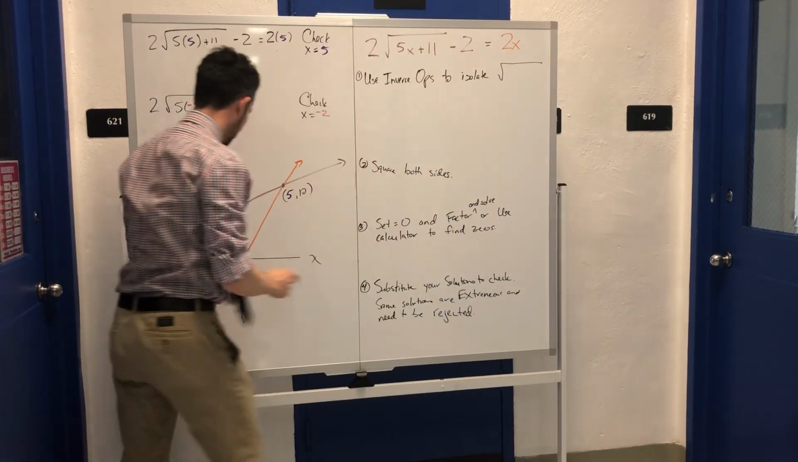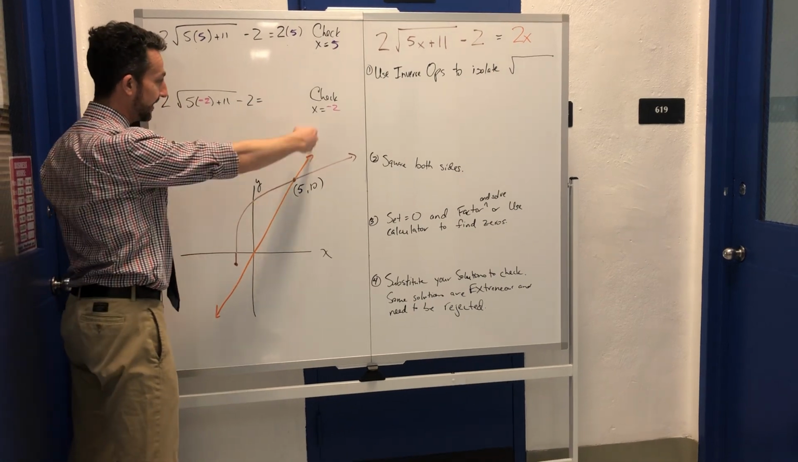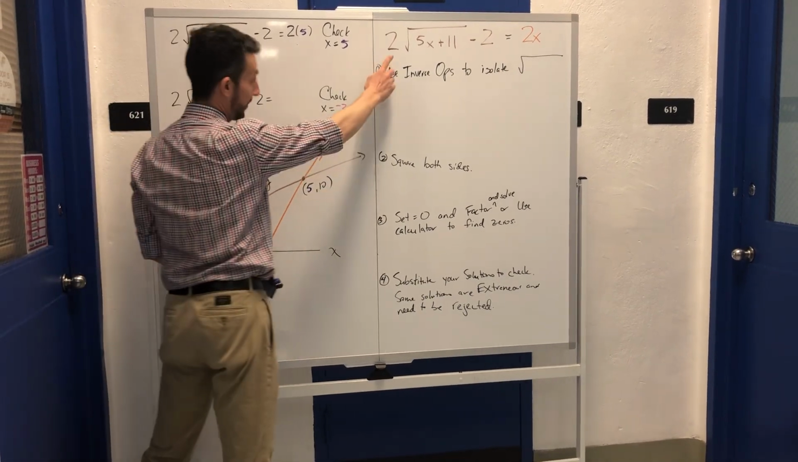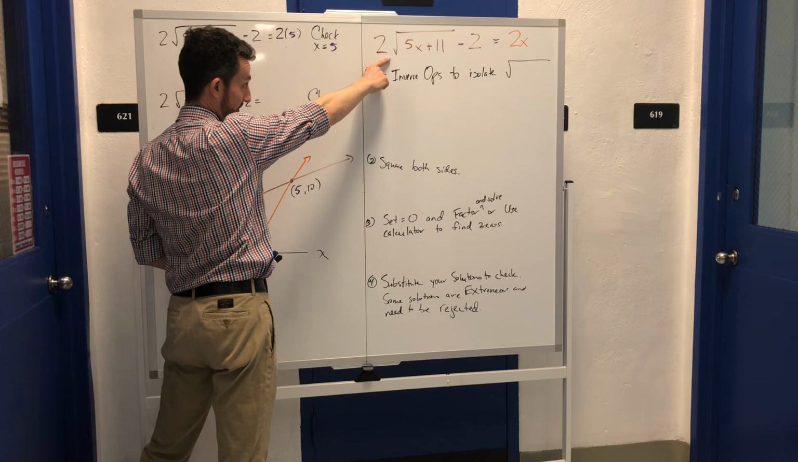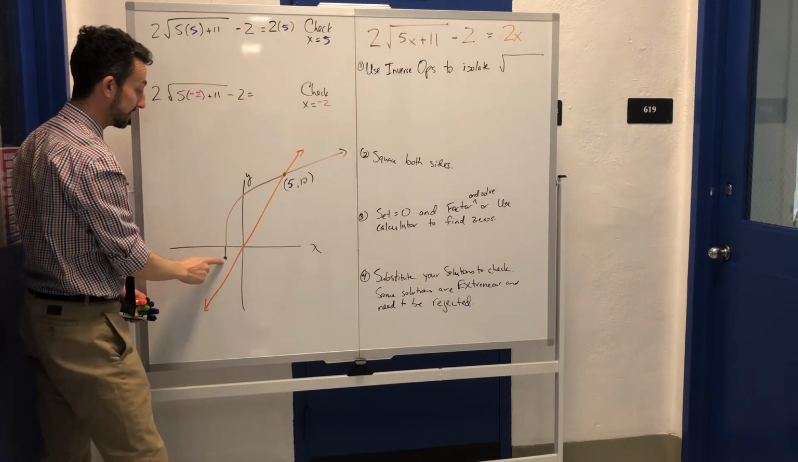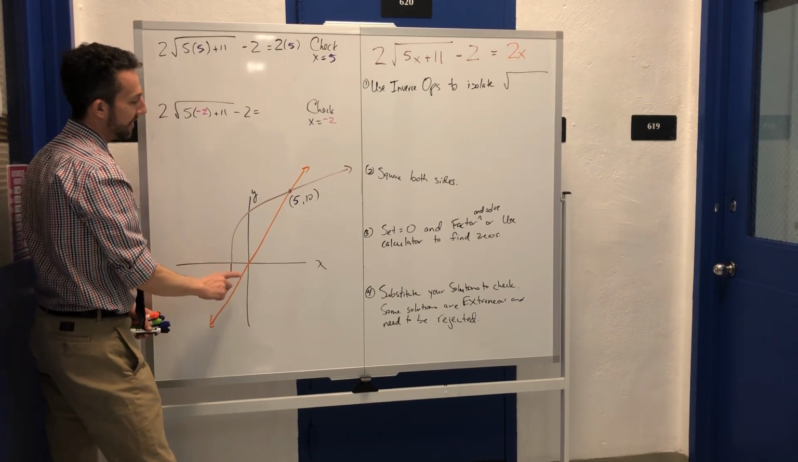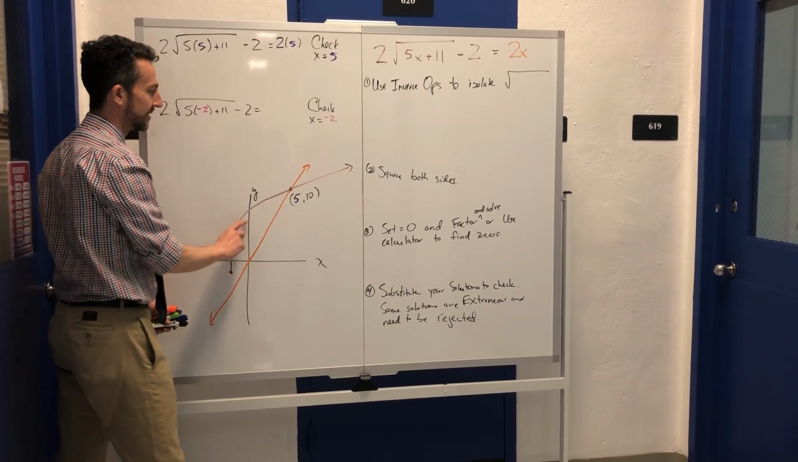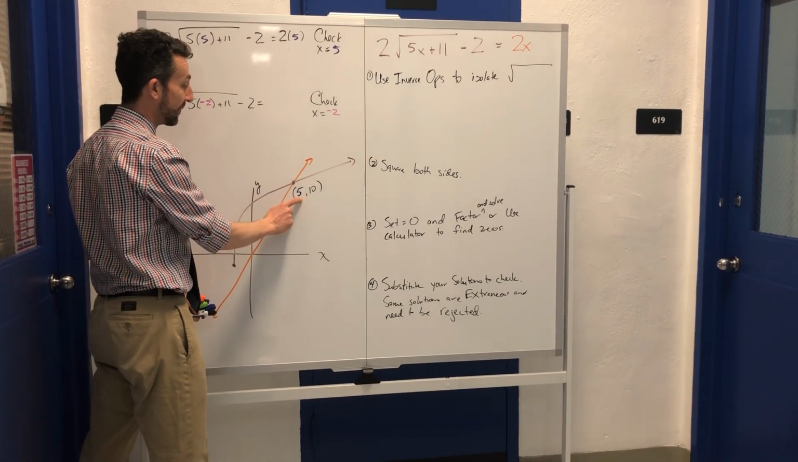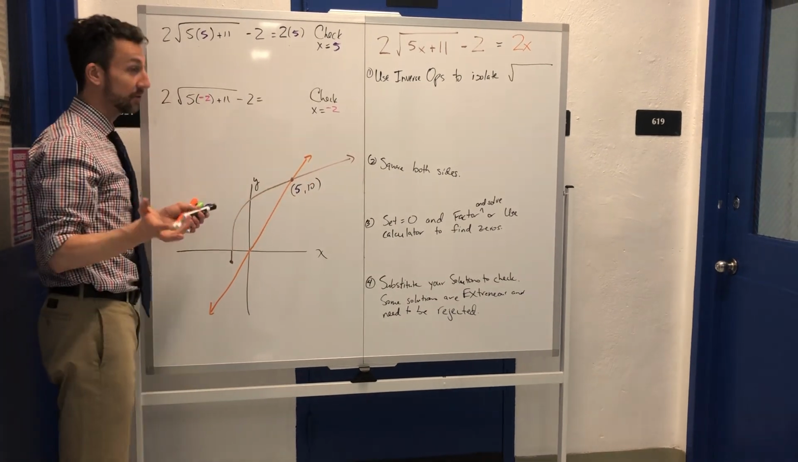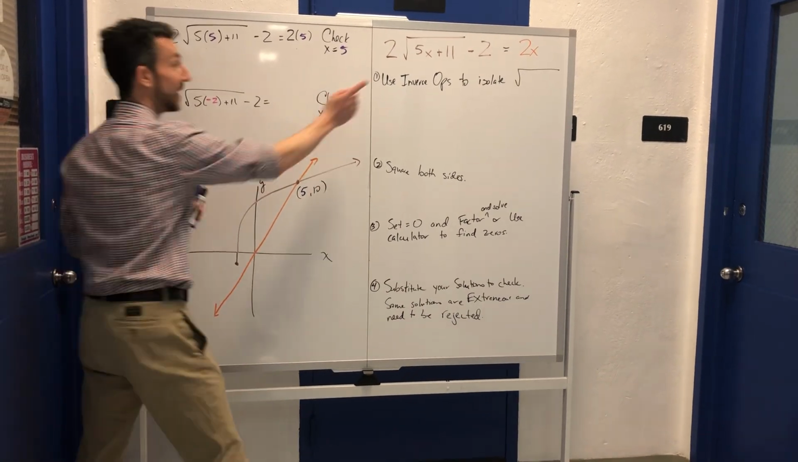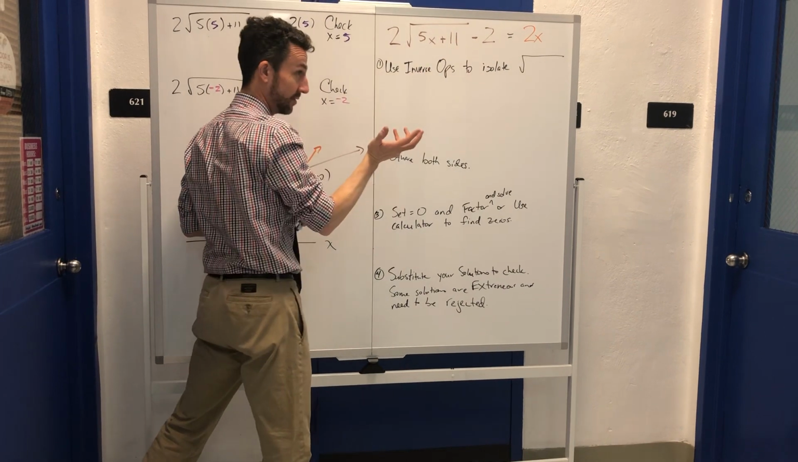The orange function looks like this, y equals 2x, is linear. And the brown function, which is much trickier, in this case looks like this. It's called a radical or square root function. And these functions only intersect once at x equals 5, which means the only solution to this equation that's true